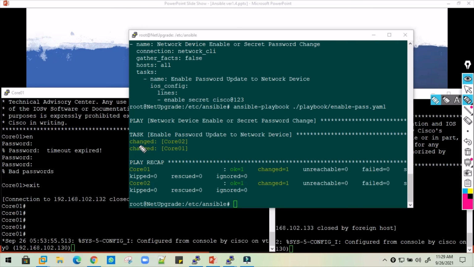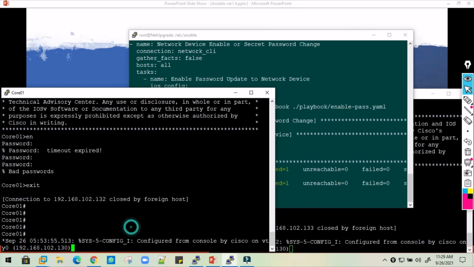This time it's executing on core switch 2 and core switch 1, and the changes have been successfully done, which the green sign says. On change 1, they executed on core switch 1 as well as core switch 2, and the same thing is confirmed in these console messages, which say configured from the console, configured from the console.